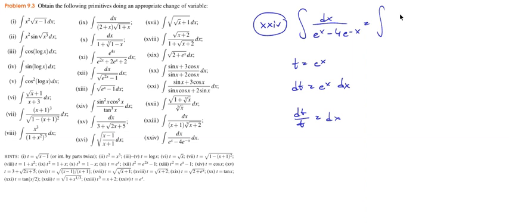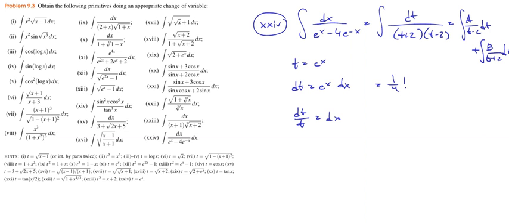So this is equal to dt divided by t squared minus 4, and this is exactly the same as t plus 2 times t minus 2, so you could separate them into dt over t minus 2 and dt over t plus 2, and if you do that,